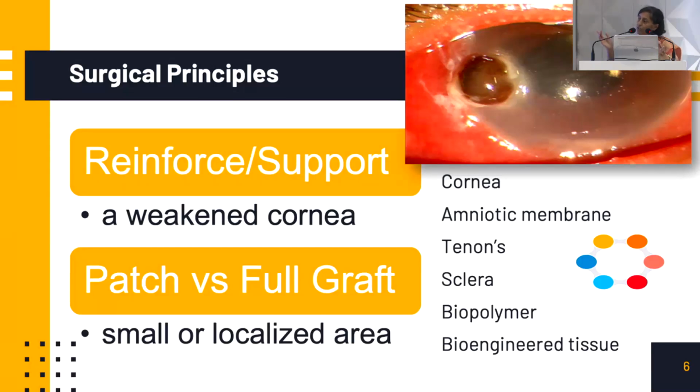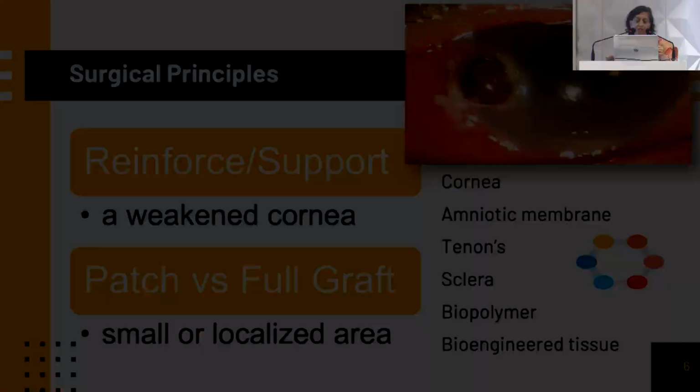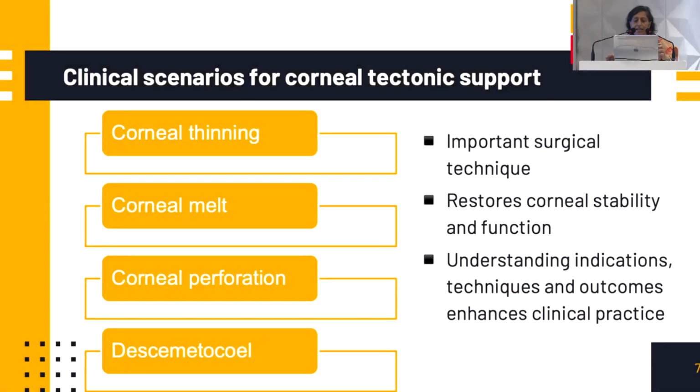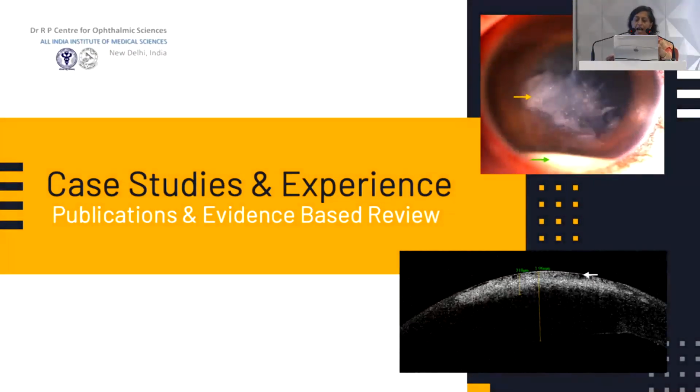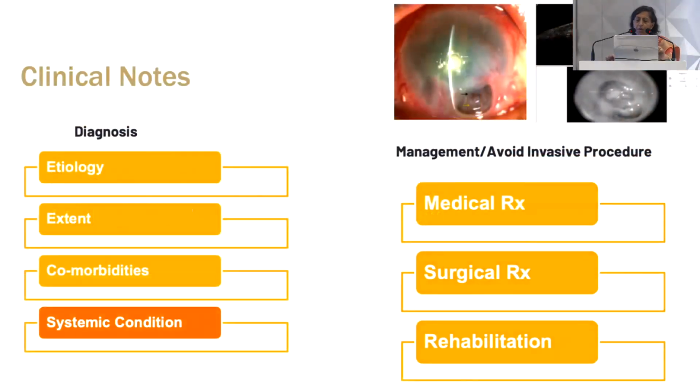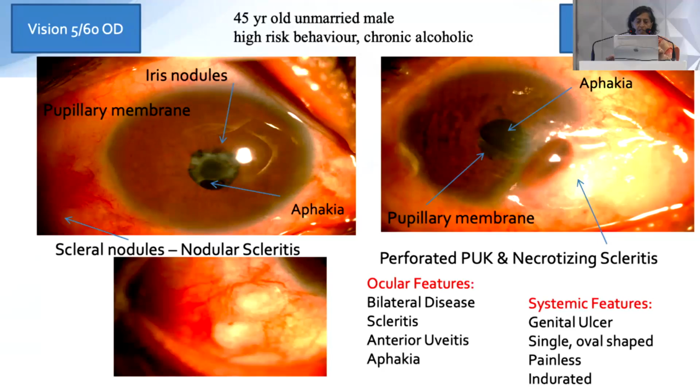But again, as Dr. Lomi very nicely showed in that case, try to avoid doing a full thickness, full limbus to limbus graft if the central cornea is not affected. It may look as if it's not going to work, but it often does, and you can always plan further therapy later on. The important thing is to stabilize the melted part of the cornea. So there is thinning, there is a melt, perforation, and descemetocele. There are various stages, and use of ASOCT and other imaging modalities are important to help you in decision making. So here we have one example.